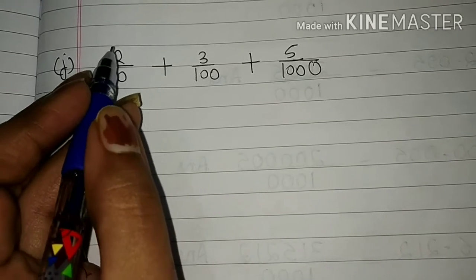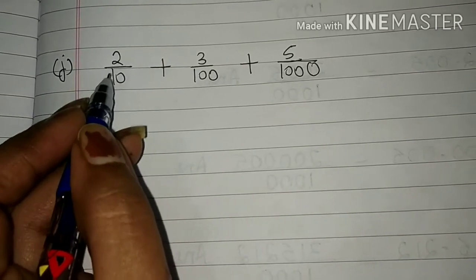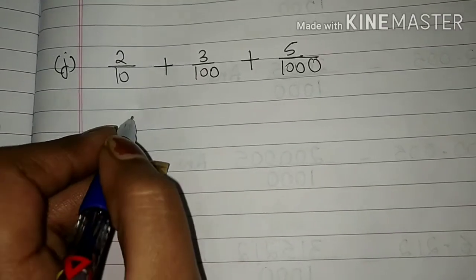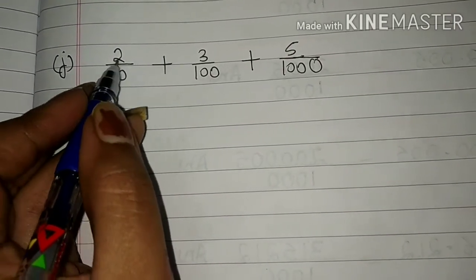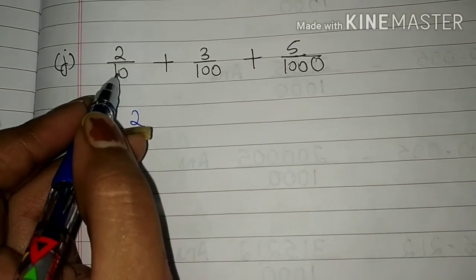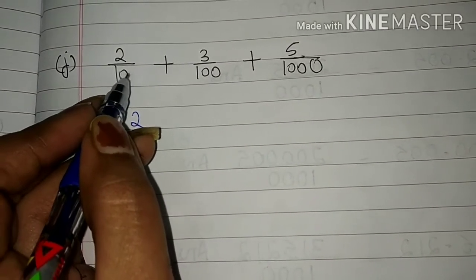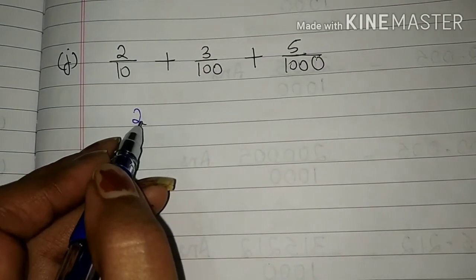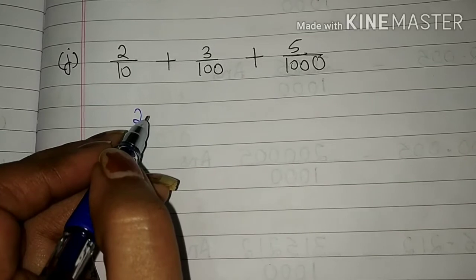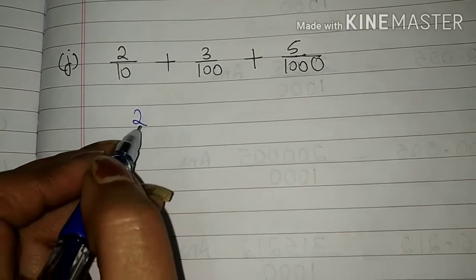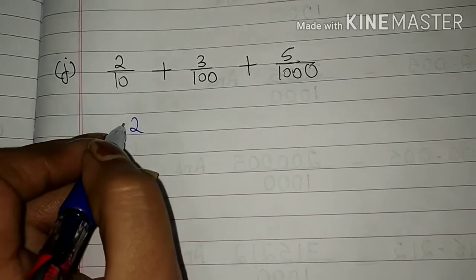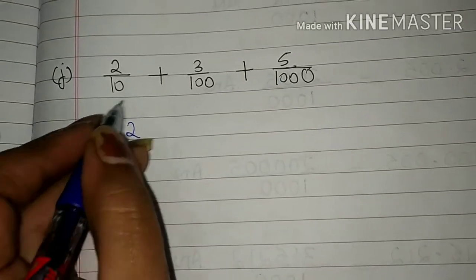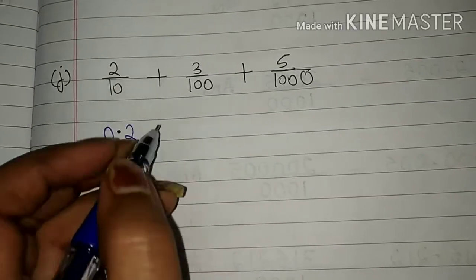Students, you can see here numerator is 2 and denominator is 10. So first of all, we will write the numerator 2 here. After that, we will count the number of zeros in the denominator. Students, you can see here 0 is written 1 times. So now we will come to the numerator 2, that is here. And starting from the right side, we will leave one number. We will leave this number and then put a decimal point here. After that, we will write 0. Students, this is 0.2 plus.